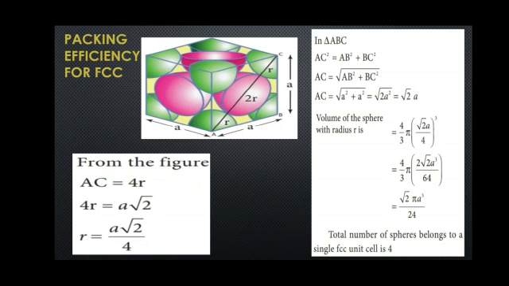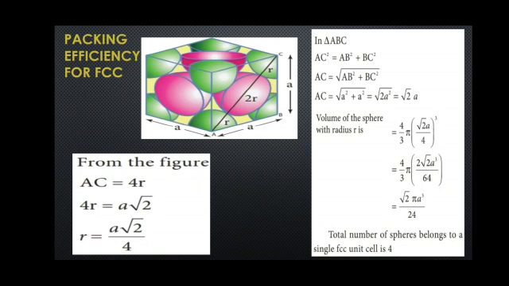Then in the center you see you are having that pink atom. The pink atom we are representing as 2R because that we are calling the diameter. Diameter means it is made up of twice the radius. So we are writing here it as 2R.